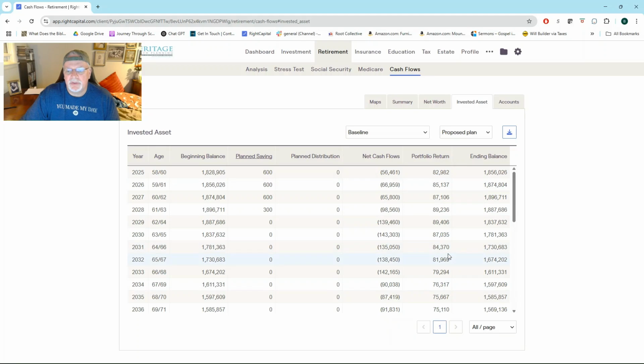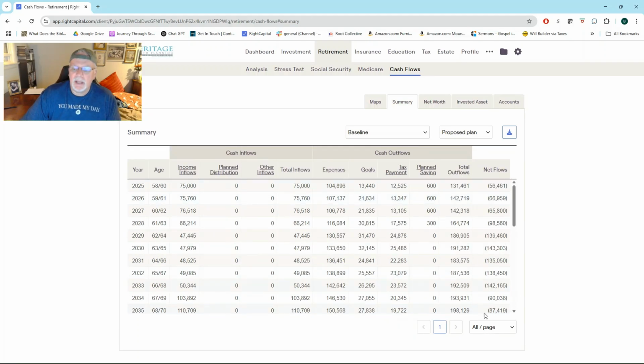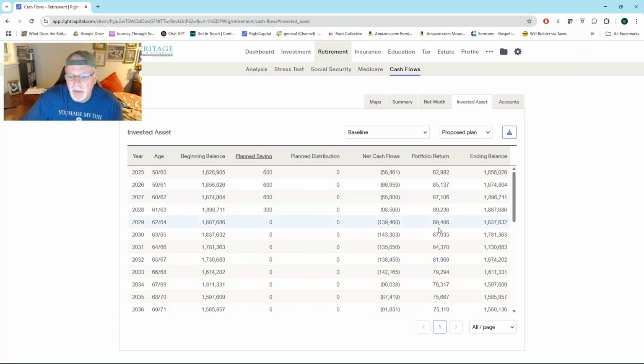So that's what's nice. So even though when we were in the summary, we're seeing all these negatives and stuff, Right Capital knows that the positive inflows of your invested assets, your 401ks and stuff, are going to be applied to those negatives. So then you start feeling a little better. Okay,